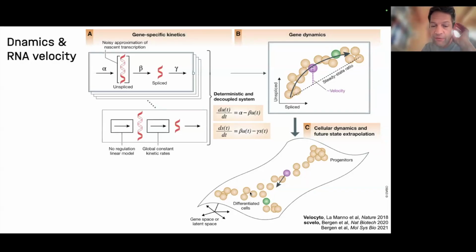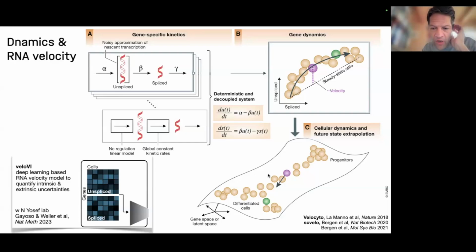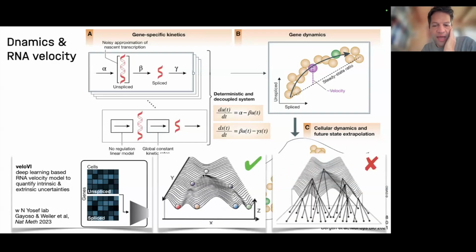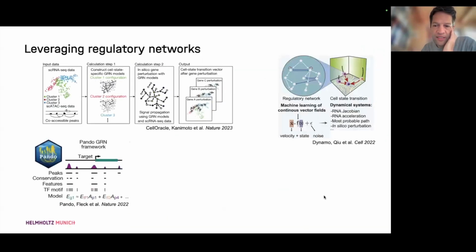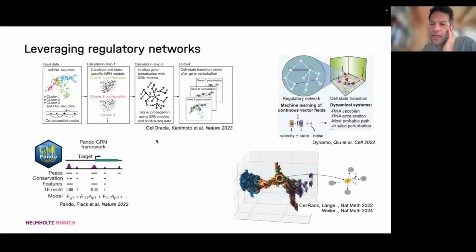Very good one. And this is kind of what we try to do here. I've been following up these early models with a variational inference autoencoder type of thing. But these things are very good at the dynamics, but they don't use a regulatory model. There's been a bunch of papers, and I won't give you the details now, that add regulatory information to the process. So you put the GRN in, right? Because that's what should encode the dynamics.